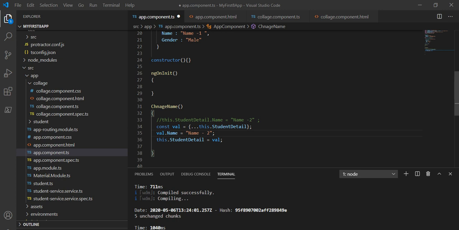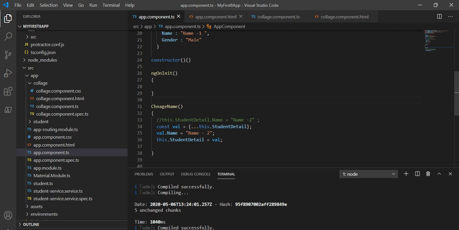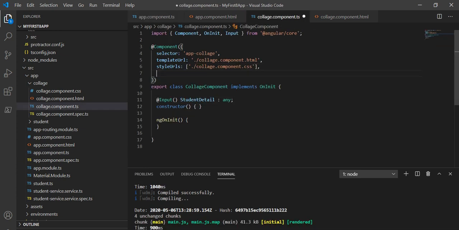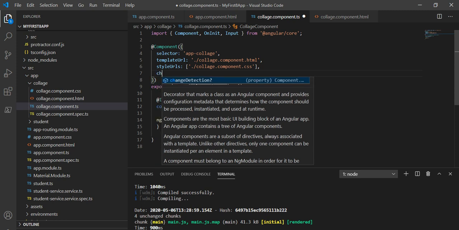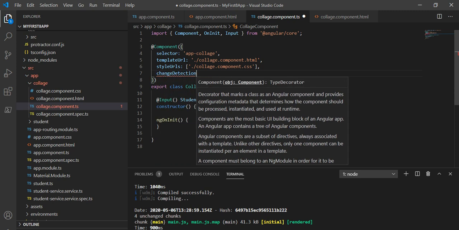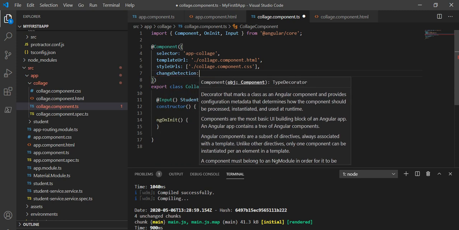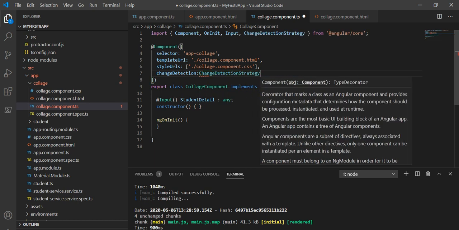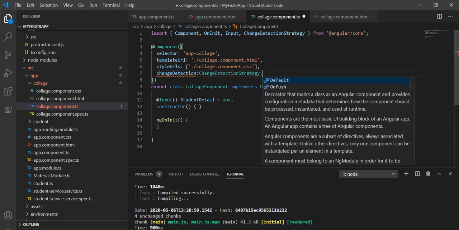The next thing we have to do is go to this child component, and here I will give change detection, and here I will take ChangeDetectionStrategy.OnPush.